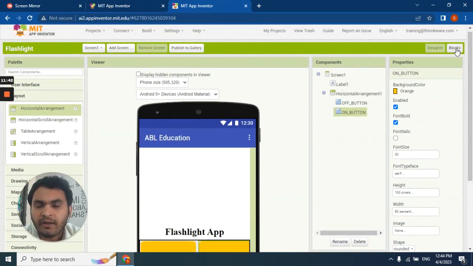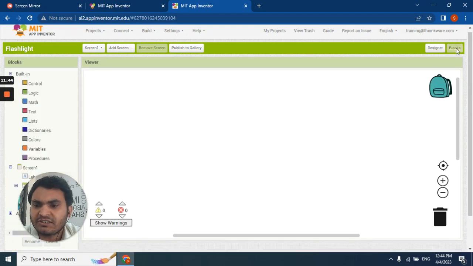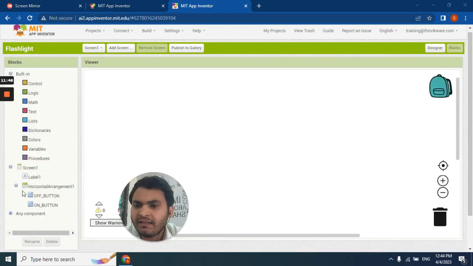Now when I switch back to the block section, you will find that instead of button 1 and button 2, the new names are off button and on button, right?